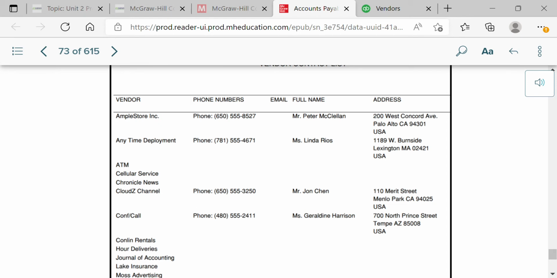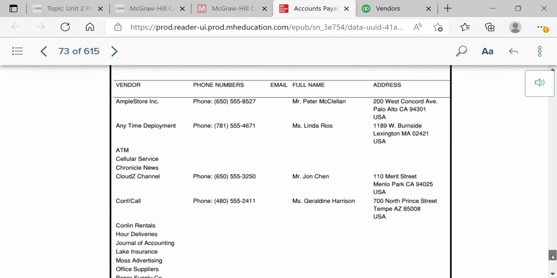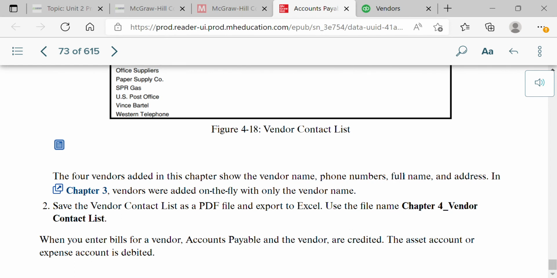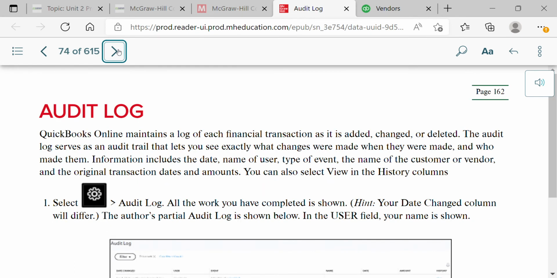And I've had some clients that literally just only had the phone number and email address. They didn't have any of the other stuff filled in. And so you're just going to put in whatever's important to your company. And we're not saving the vendor contact list because that's not needed. I have it up here, by the way, the